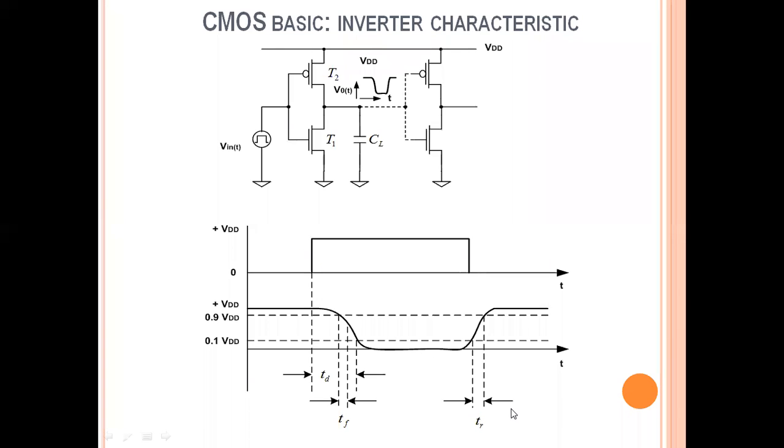Okay, so we will understand what the rise time is. This is the rise time. We can define the rise time as the time for a waveform to rise from 10% to 90%. Here I have shown a dotted line at 0.9 VDD and one dotted line at 0.1 VDD. That is how we can define the rise time: the time for a waveform to rise from 10%. Okay, this is the 10%.